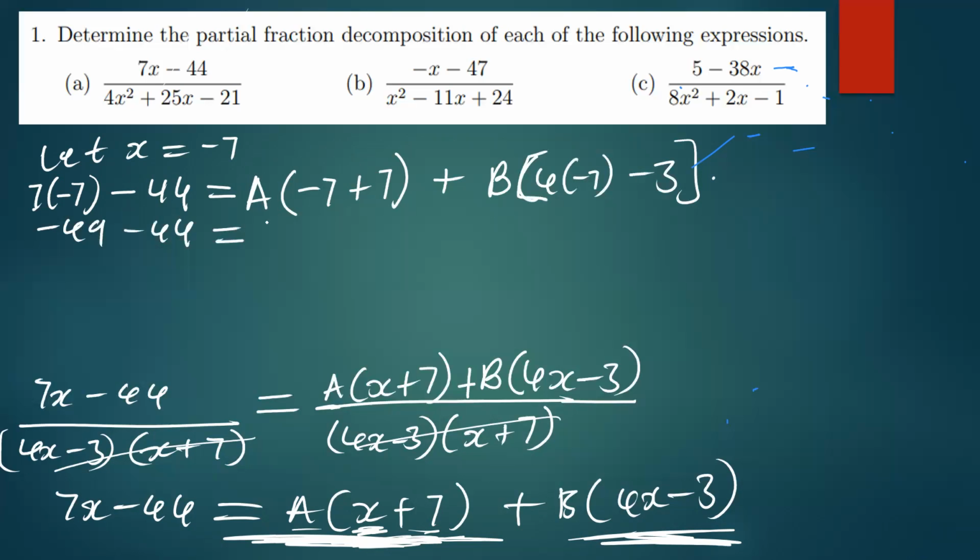Then we say this is equal to, so -7 and 7 will give us a 0. 0 times A will be a 0 there. Then here we have -7 times 4, this will be -28. Then -3 there. So when you add these two numbers this side, you are going to get